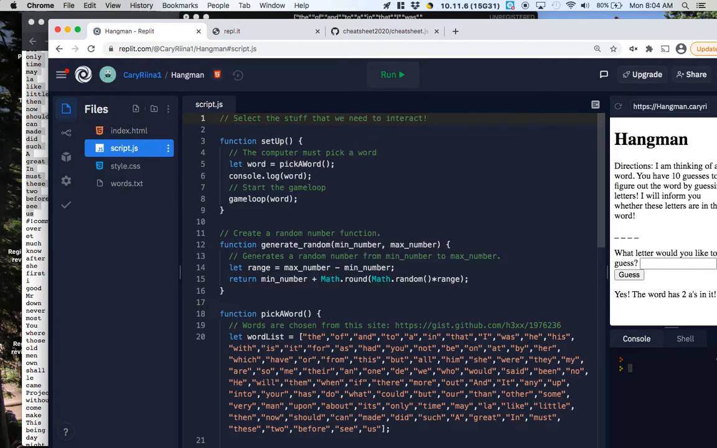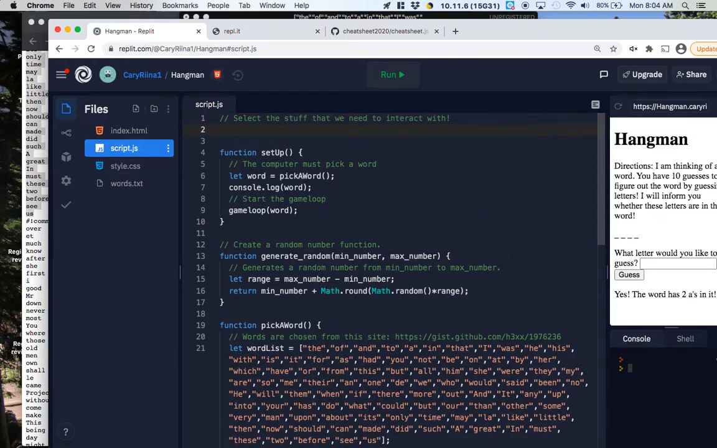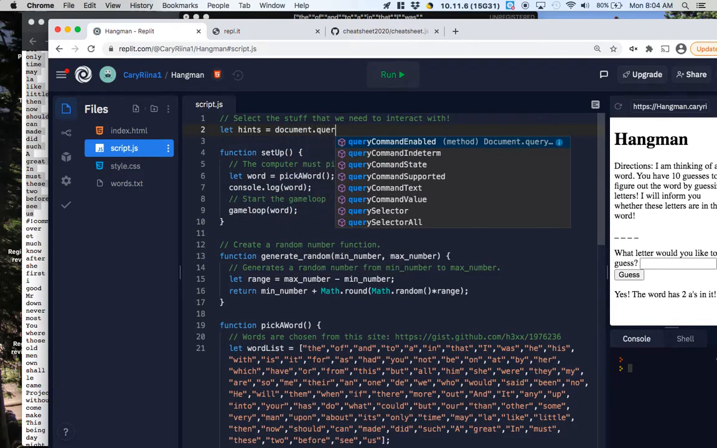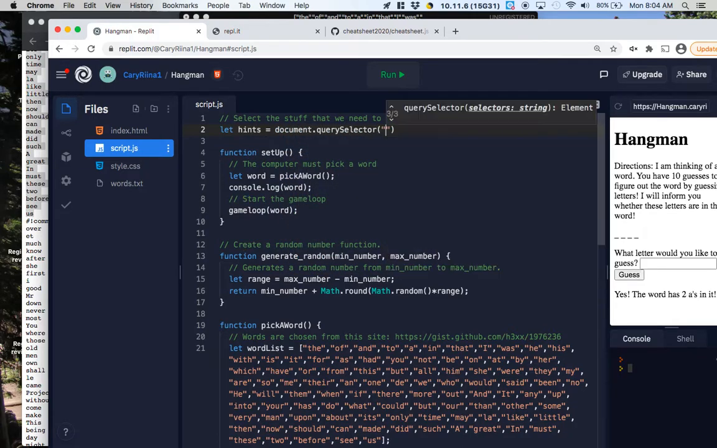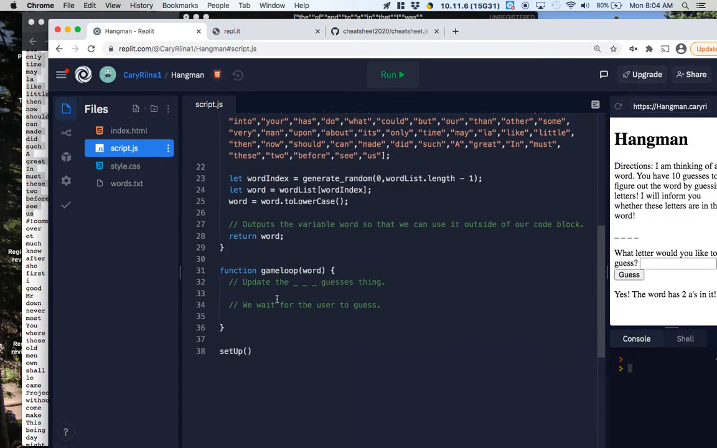So thinking about our interactions here, we're going to be interacting with that space. So that's called hints. Let hints equal document.querySelector hashtag hints, because it's an ID. Okay. So to update our guesses thing, let's see, we are going to do a